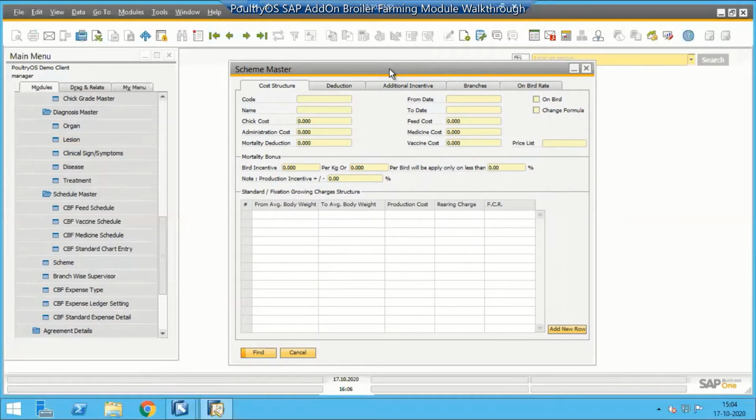Okay. Now we have 4 types of contract farming schemes available: point to point, then on the basis of onboard, and the third one is on the basis of FCR and mortality percentage. And the fourth one is, let's say you are selling the chicks to an outside farmer, you are selling the vaccine, and whatever expenses come into the picture, you keep in one ledger. Then you buy the bird back from that farmer, and whatever the difference in selling and buying is, you pay to the farmer. Okay. So those are the 4 types of contract farming.